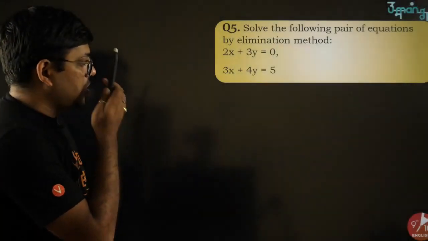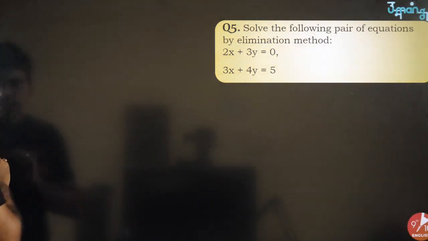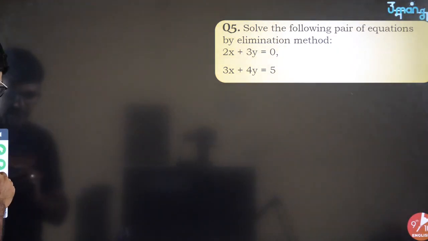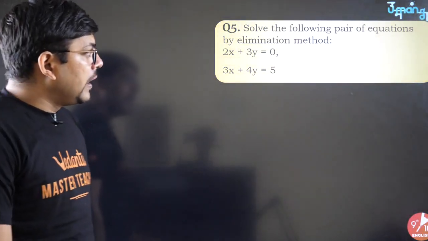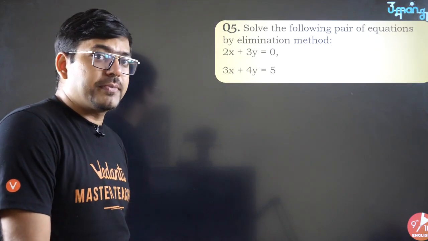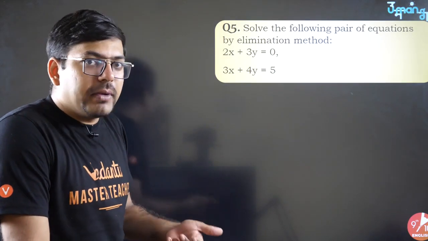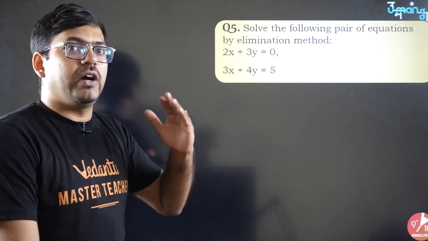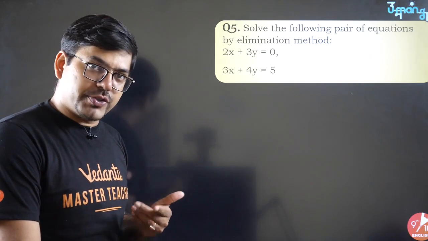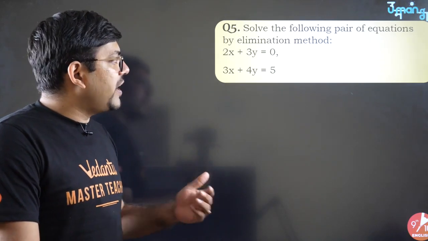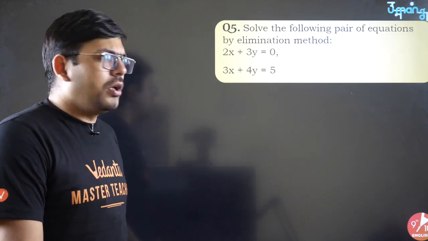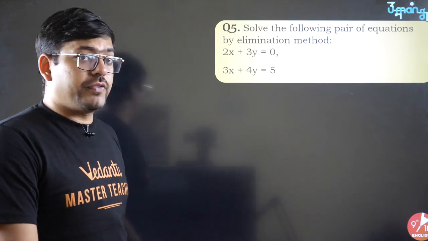Next question. So this we are going to try using elimination. So everyone please pay attention. Now in elimination, what does the name suggest? The name suggests eliminate, means remove out. So what do you have to remove? First of all, you will have to think. So it means we have to remove a variable. Okay, variable, fine. Which variable?